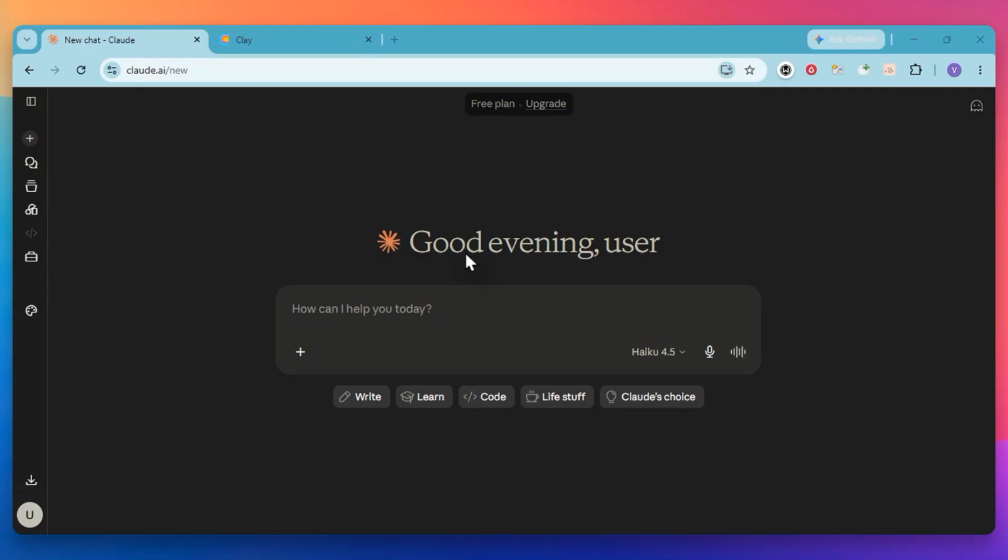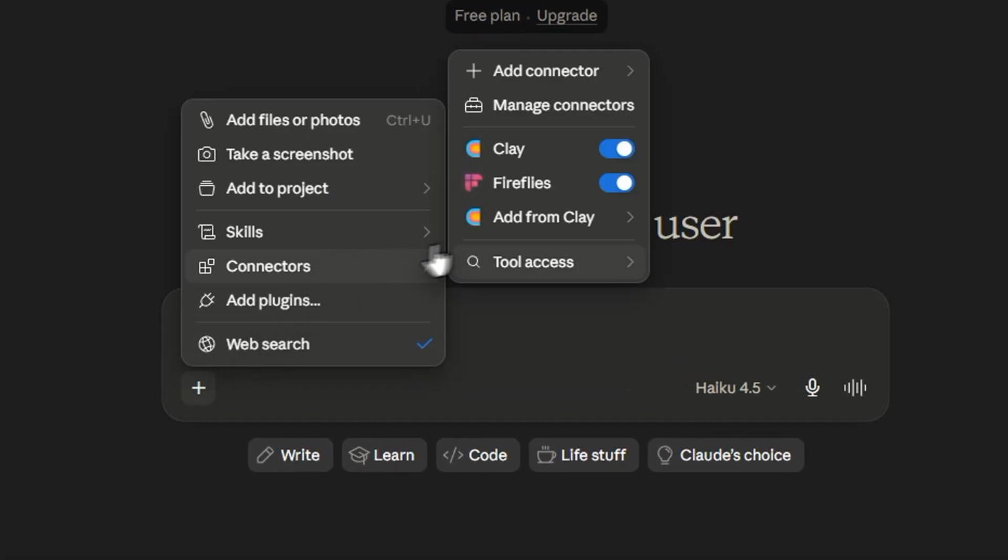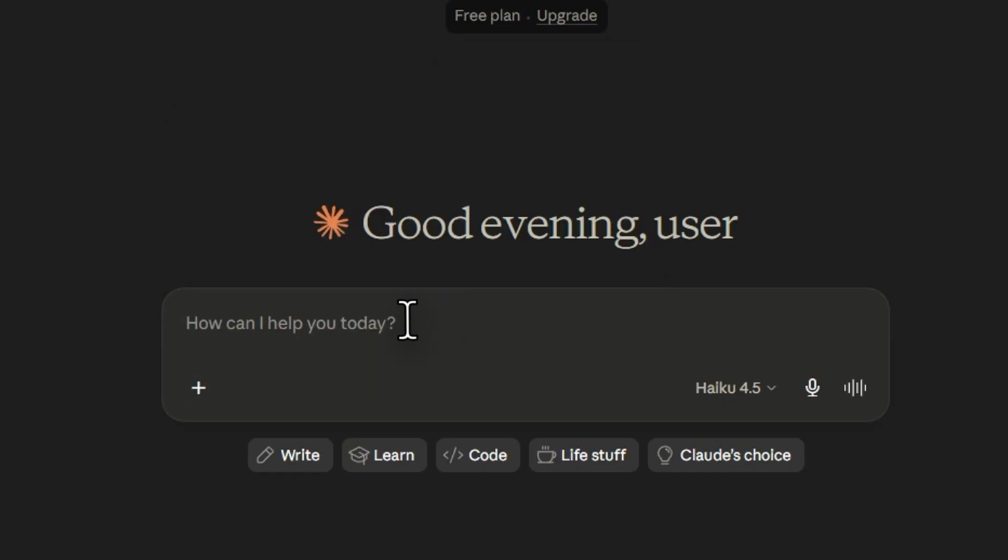The first thing you need to do is open your Claude interface and prepare a specific prompt that allows the AI to tap into your Clay database. You want to ask Claude to look into your account and research a specific target lead by providing the prospect name and their company. To get the best results, you should ask for a comprehensive search that covers 3 main